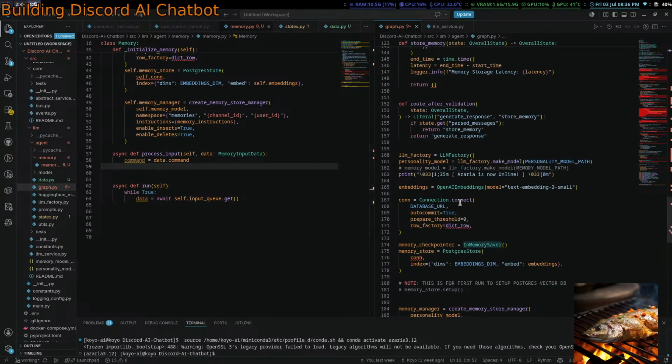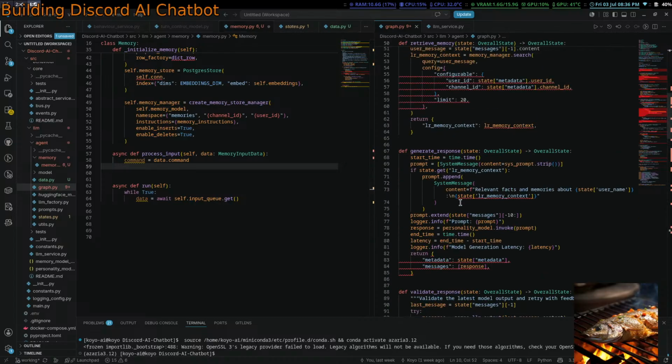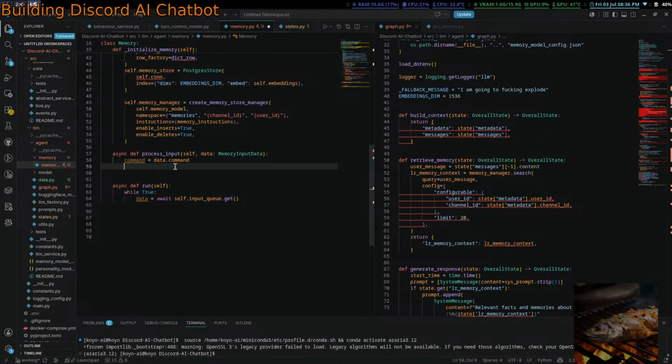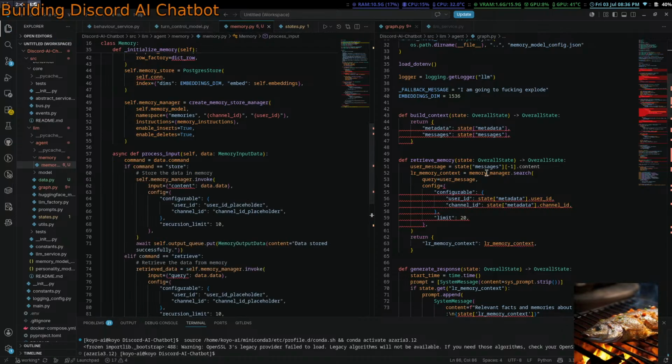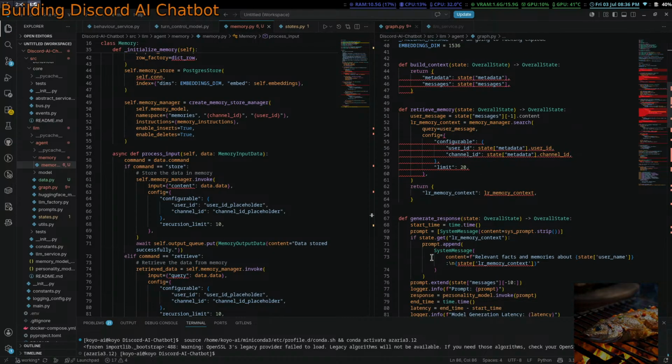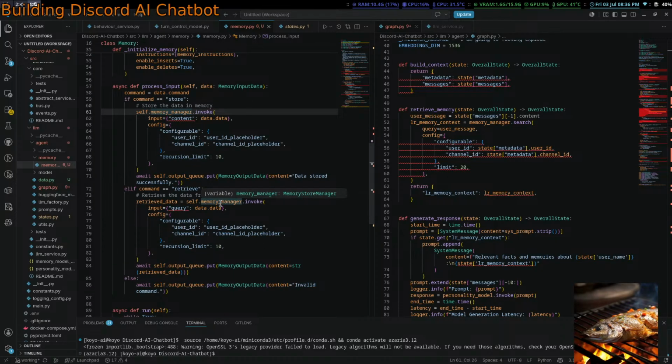Okay, I don't want to just press tab and complete that because I don't trust it. If command equals store, or I guess I did it now. Retrieve memory, user self.memory_manager.invoke. Okay, that's not what I want to see.